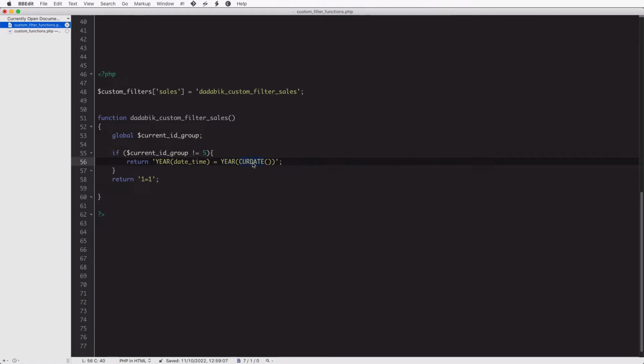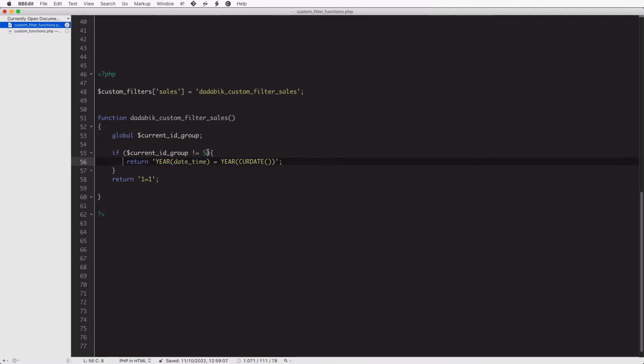This is just a built-in MySQL function that returns the current date. With here again another MySQL function, we extract only the year from a date. So the year of the sale must be equal to the current year.